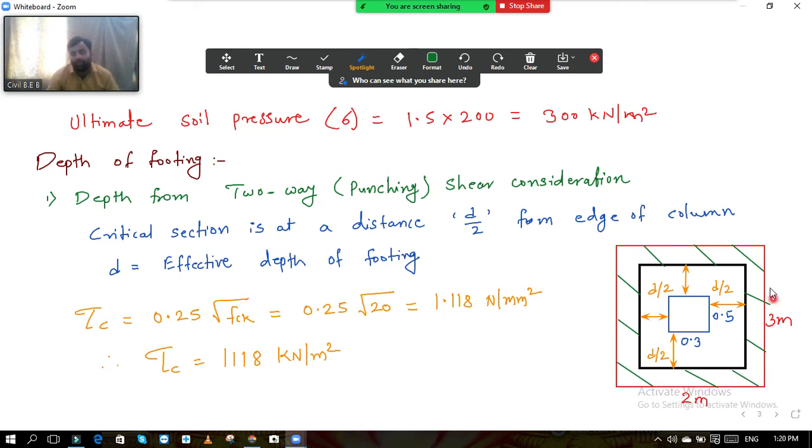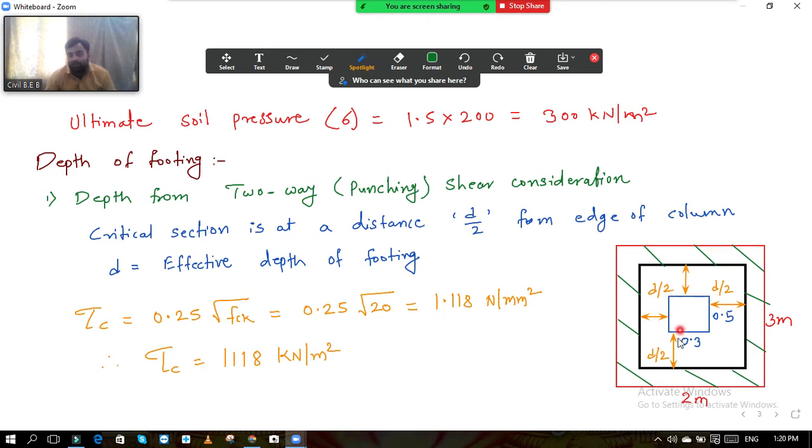Now if I want to calculate this area, how should I calculate this area? I have to calculate this remaining area now. So how can I do it? So I have to take this total area of the footing minus this area. Whatever the area of this black rectangle, I have to take the area of this red rectangle, and from that I have to minus the area of this black rectangle. Okay, so to minus the area of this black rectangle, we should know what is the width of this and what is the depth of this. As we know, for the footing it is 2 meter by 3 meter. Now for this black dimension, how much is it?